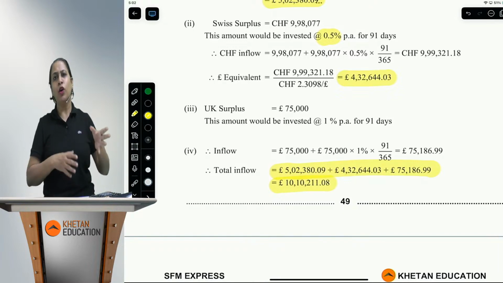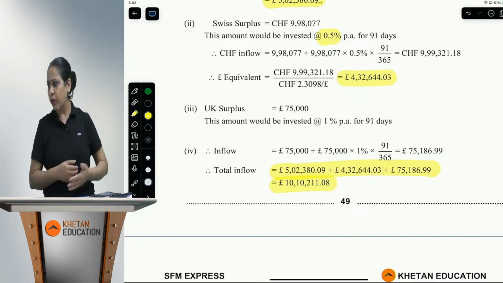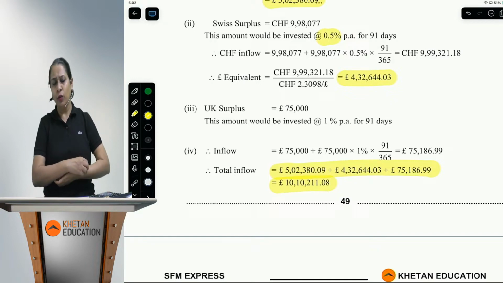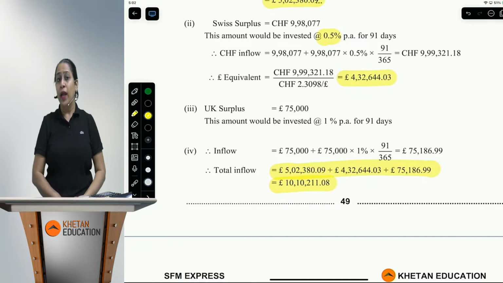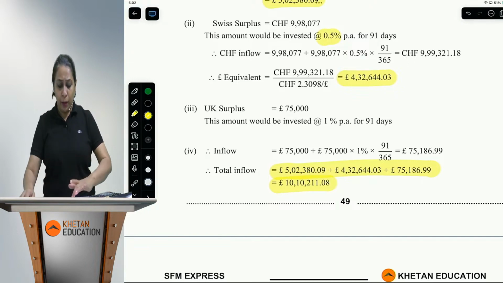You invested in your home currency rates: euro was invested in euro, pound in pound, and one more, CHF in CHF. Your answer has to be in home currency, correct? So you convert your euro invested value and your CHF invested value at the 91 days forward to get pounds and take a total. That's what we are doing. But here in the